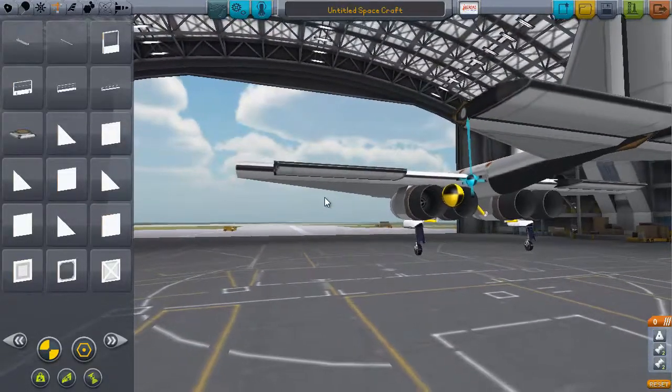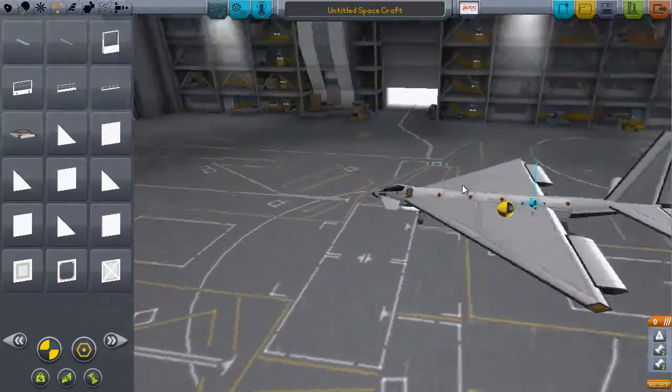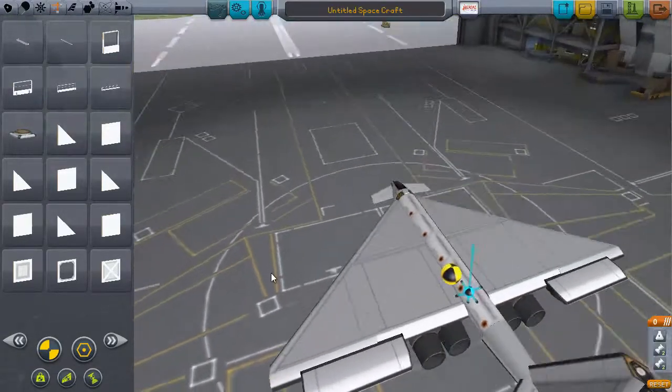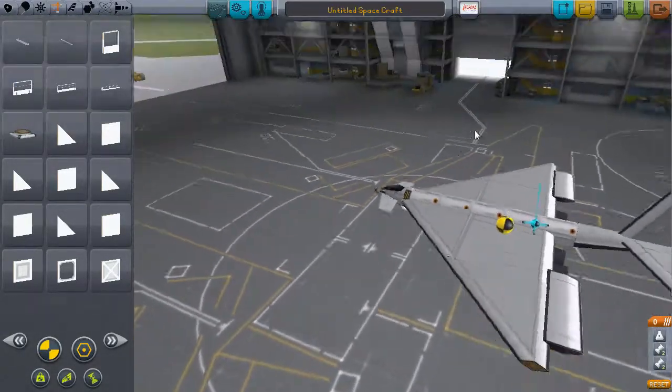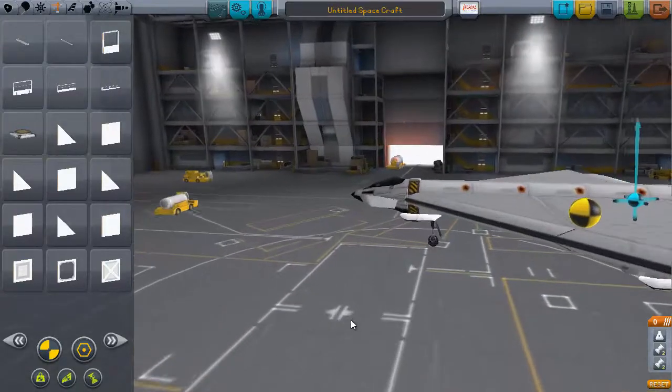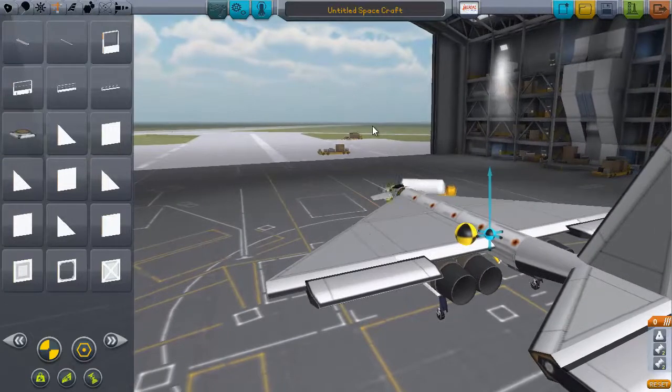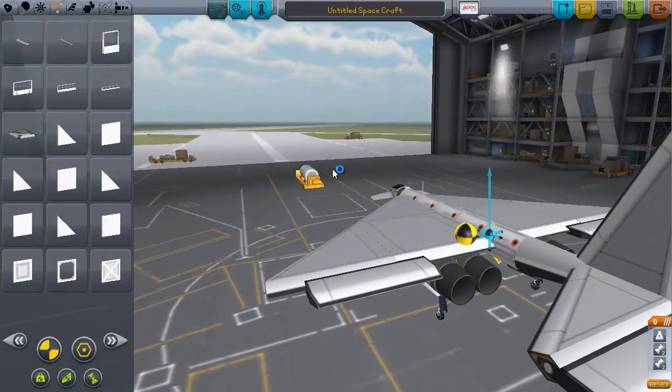Hello YouTube, we're gonna be making a space plane today. This is one of the previous ones I built, but it didn't record properly, but I'm gonna run through what happened. Basically, I'm recording this because there are some comments that wanted to know how to make a space plane